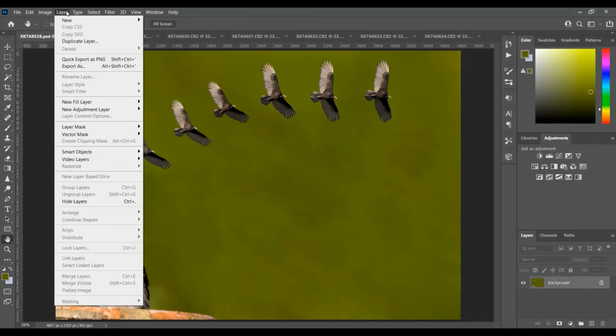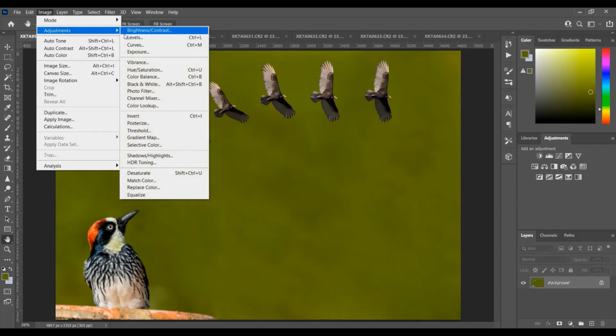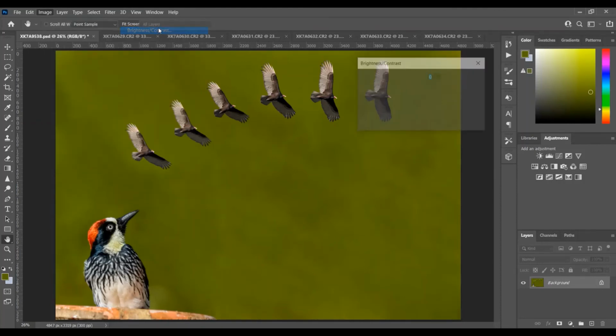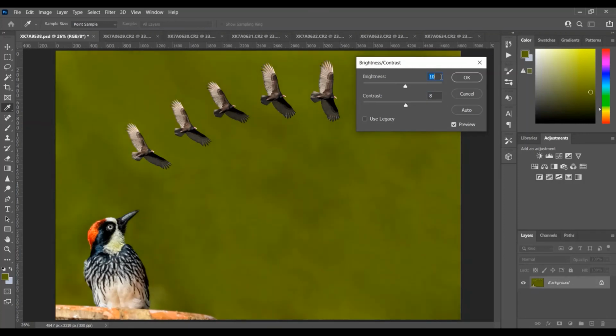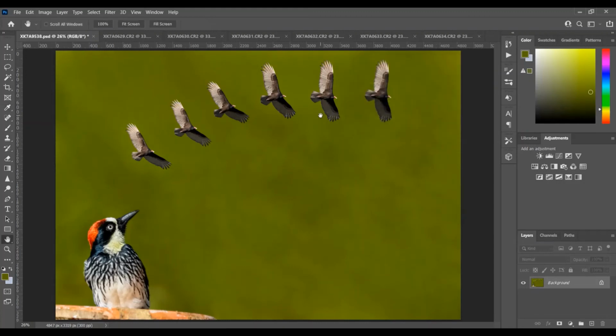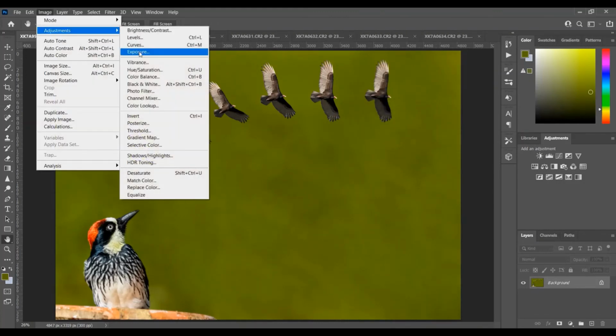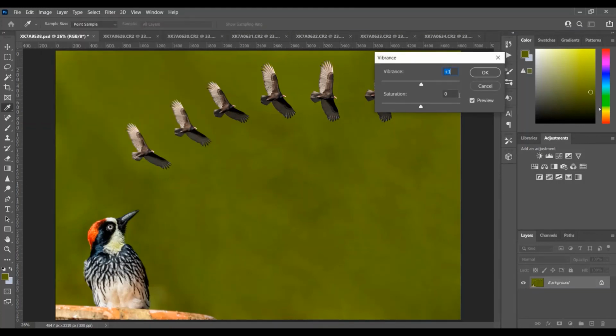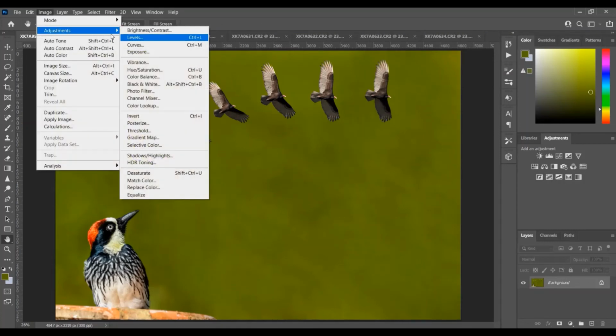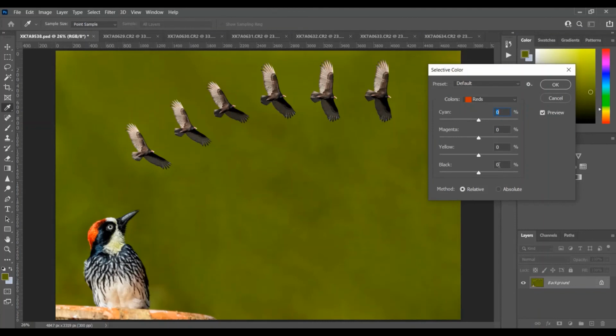Now this image is ready. Now I can play with it and work on it to make corrections and other things, whatever we want. Just giving a little final touch. Brightness increased, some contrast increase, will increase some vibrance, and maybe give some punch of black to increase the impact, and also some magenta.